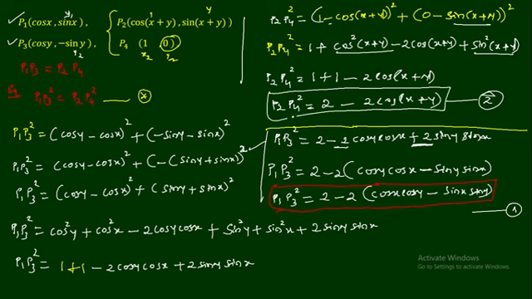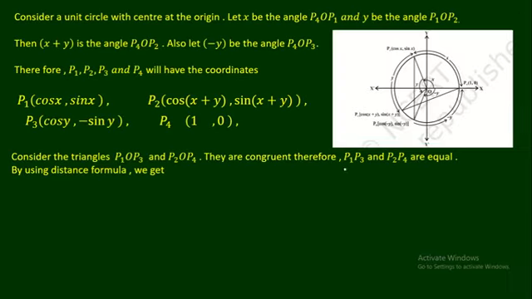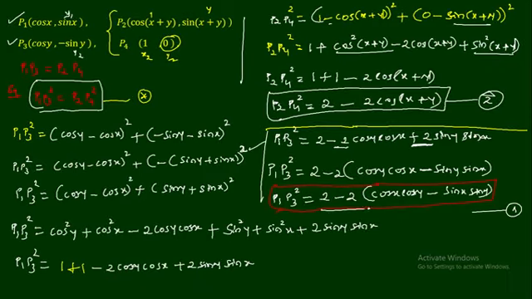these two values, one is P1P3 square and P2P4 square, because I'm going to take from equation 1 and 2. In the next slide I'll take equation 1 and equation 2 because I'll substitute these in the formula, I mean the condition, star condition, that is here. Substitute 1 and 2 in the equation star. So what was the equation number 1? The equation number 1 here, 2 minus 2 cos x cos y minus sin x sin y,